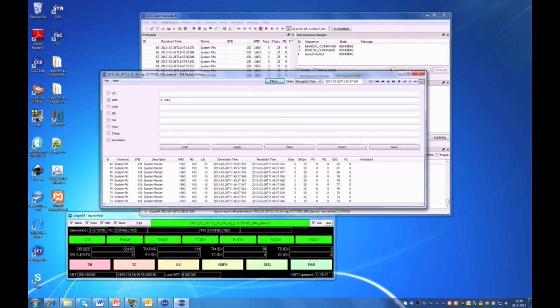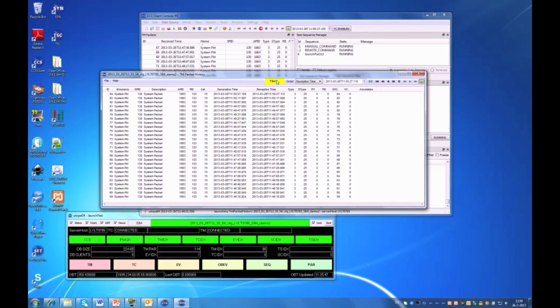Or we can add a sort of disjoint range, so this will show us all the SPIDs from 0 to 1000 and then SPID 6000. And we click Apply to apply the filter,